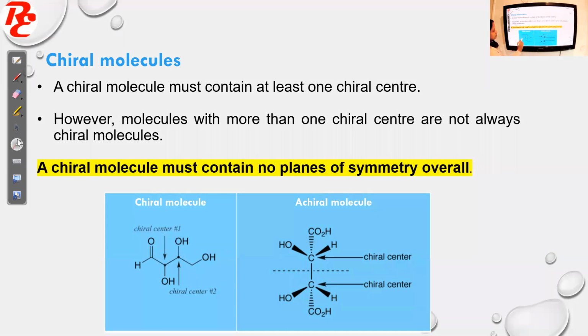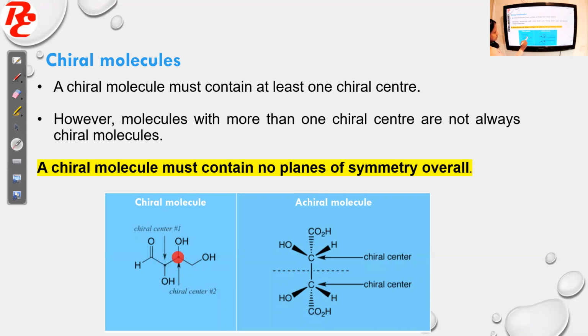So both these molecules have chiral centers. You can see the first molecule here has two chiral centers. This carbon atom is chiral. You can see that's the carbon atom. There must be a hydrogen. It's not shown here, but there is a hydrogen. So that makes it have 4 groups. Therefore, it's a chiral center.